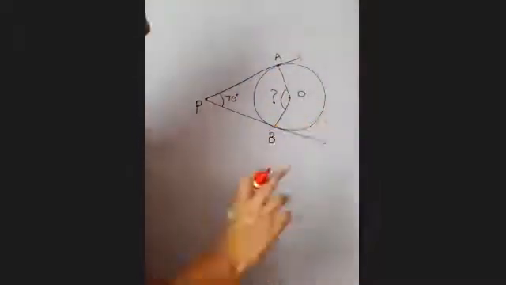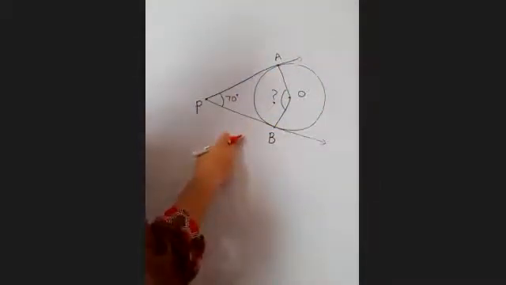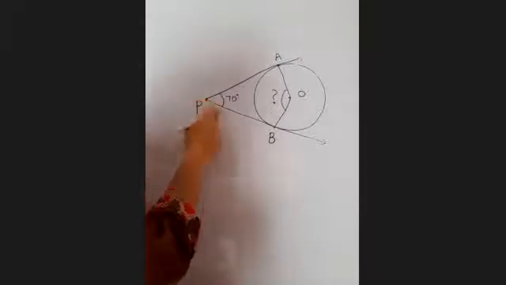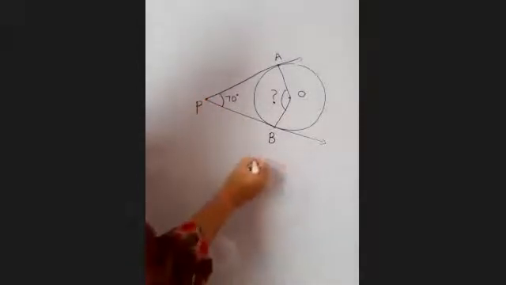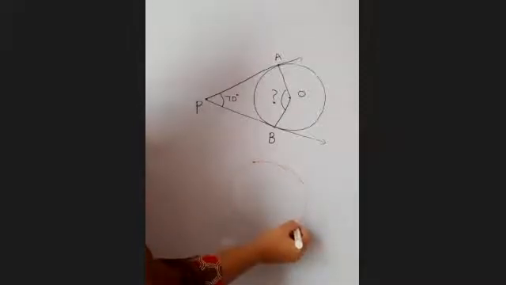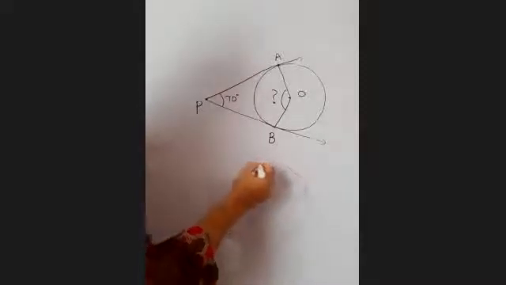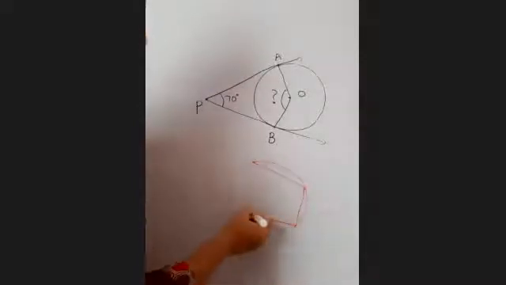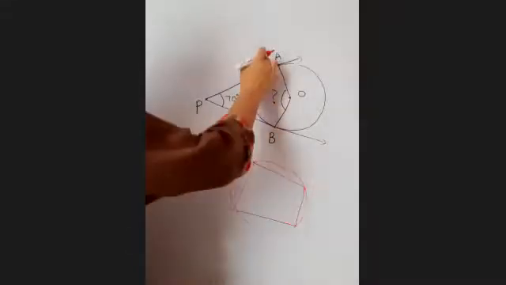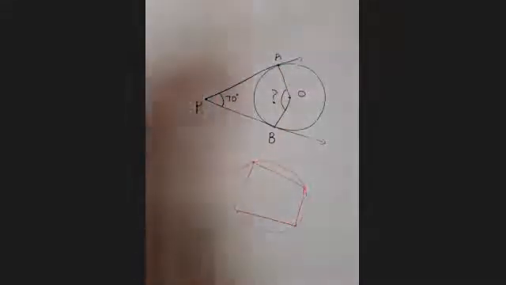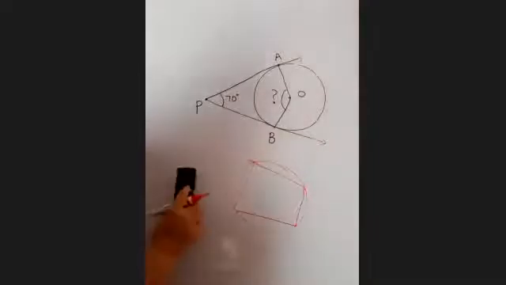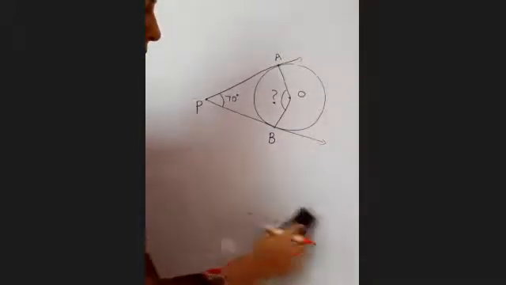That is a cyclic quadrilateral, beta. This is not a cyclic quadrilateral. P is not on the circle. What you are talking about is of cyclic quadrilateral. Cyclic quadrilateral means all 4 points should be on the circle. Here only A and B are on circle. O and P are not on the circle. On means boundary. So it's not a cyclic quadrilateral.